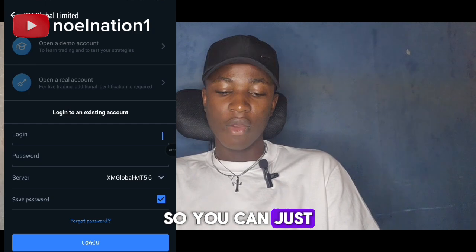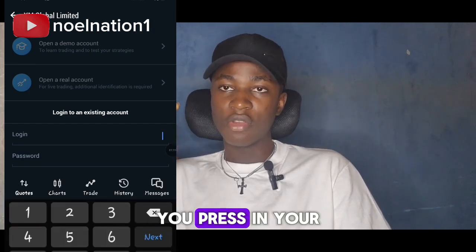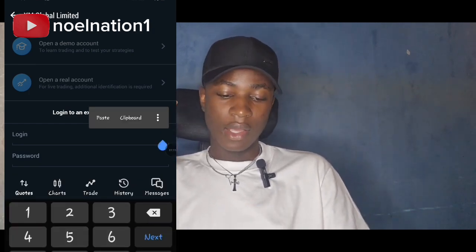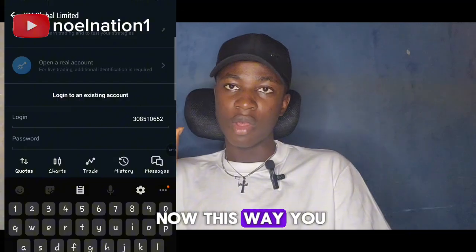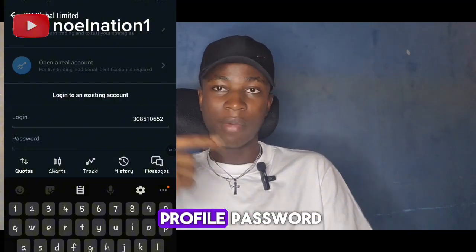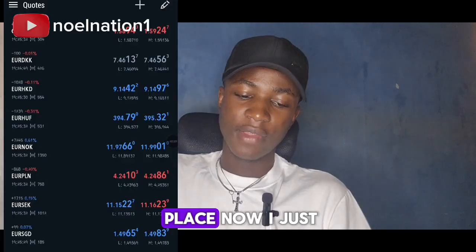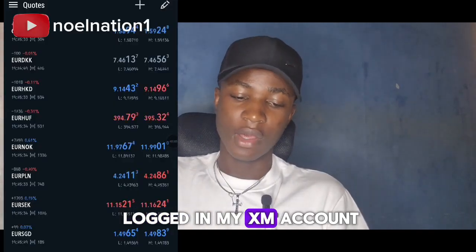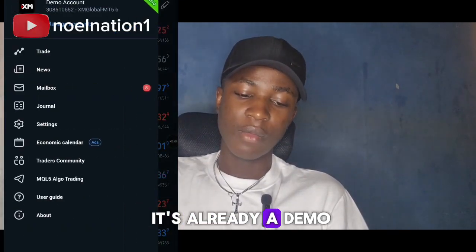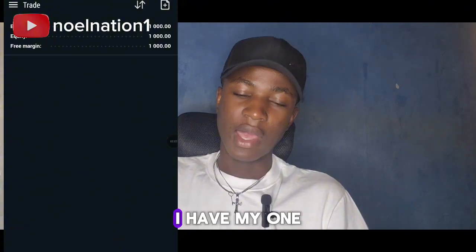So you can just go ahead and click on your login, paste in your login here, and also your password. This way you have to put in your password, the same profile password. That's how XM works. Okay, in this very place now, I just logged in my XM account. As you can see, it's already a demo account, and I have my $1,000 to place any kind of trade